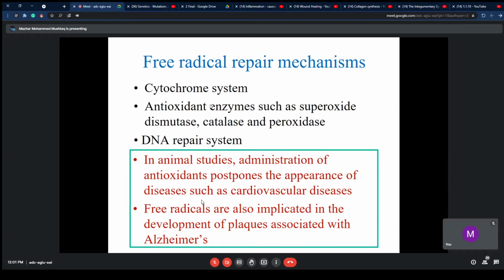But once these antioxidants are not functioning, they have their own problem because of the aging process. These proteins are not functioning, basically, since these are the enzymes, so basically these are the proteins. So once these proteins begin to have their own problem, they do not function, they are not being expressed properly because of the damage to the DNA, and then what happens, the free radical continuously increases, and that will cause the damage. Similarly, because of this free radical, the DNA repair system would also be damaged,